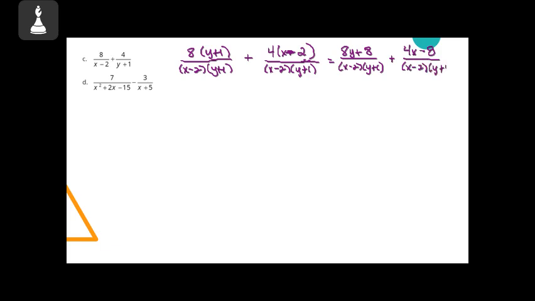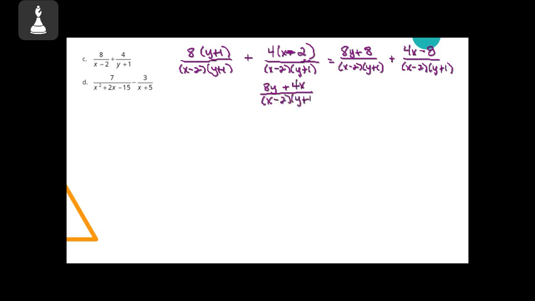And now I can combine these into a single fraction because they now have a like denominator. So adding across 8y, if I add 8 to negative 8, those are gone. And then plus 4x is all over x minus 2, y plus 1. Now, if